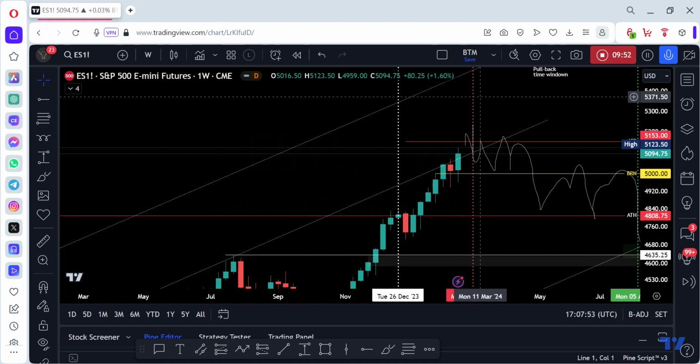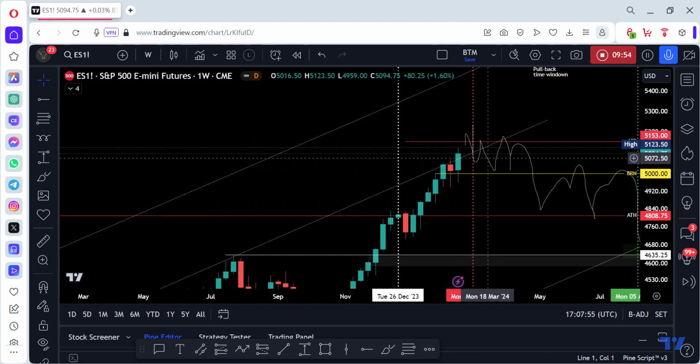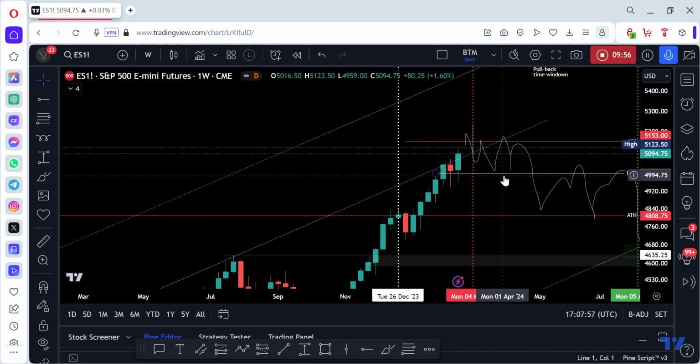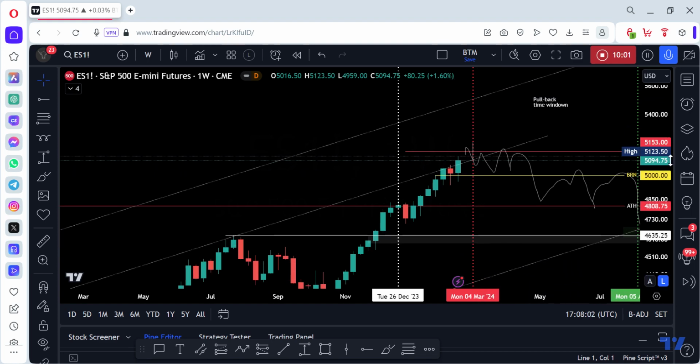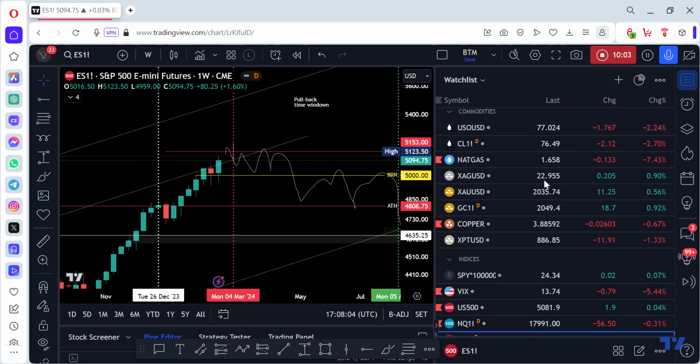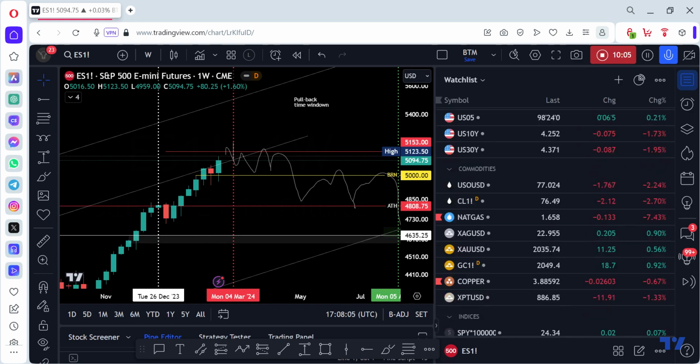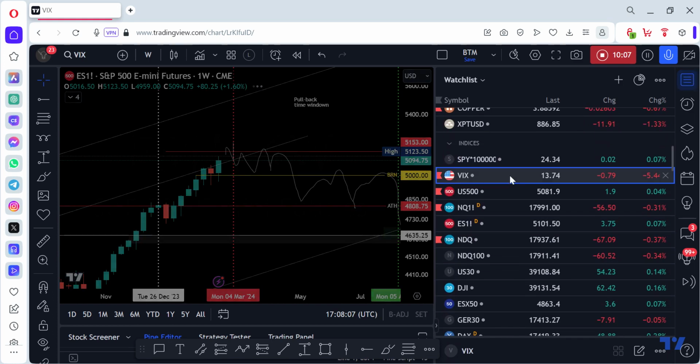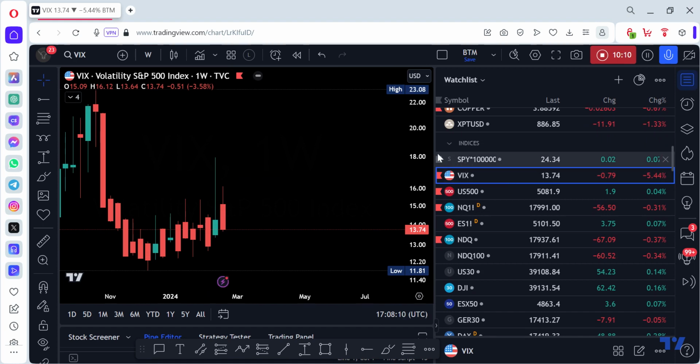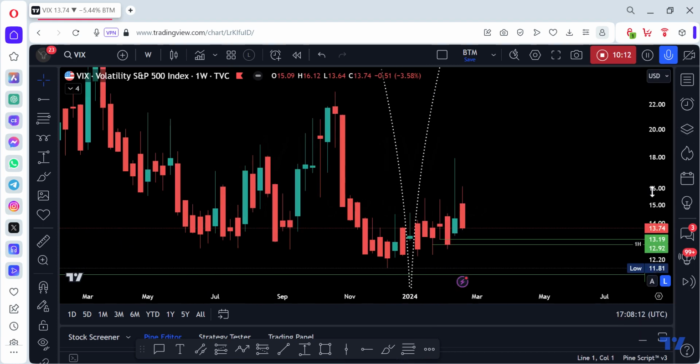I will look to short that or wait for more confirmation. So that depends where I'm sitting. For example, if I see a good support, the VIX,